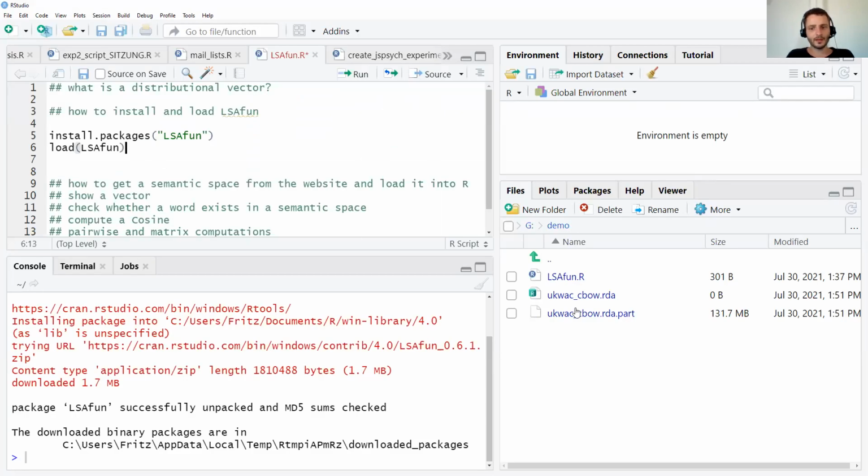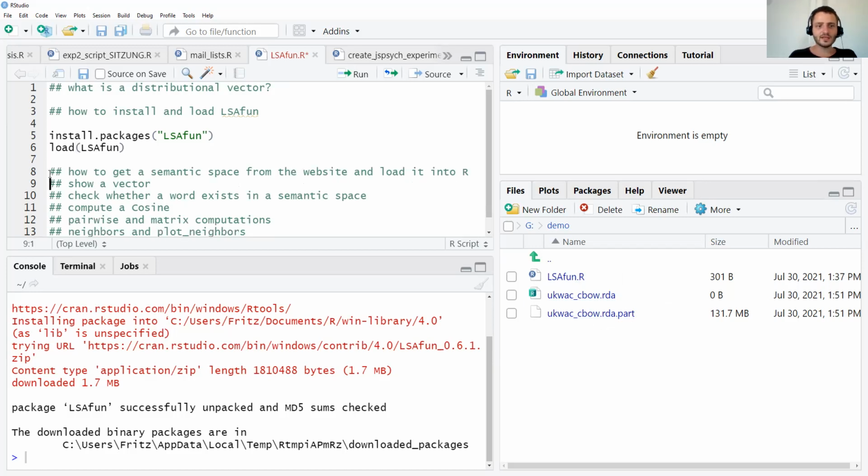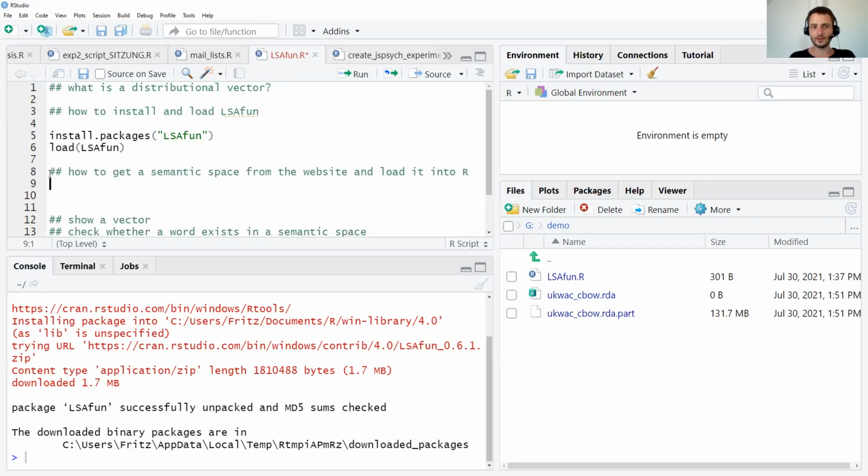So now I'm back in R. You can see that the thing is still being downloaded here. The next thing we need to do once we have the complete download is we need to load it into R. So the whole vector space has to be loaded as an object into R. And since on my homepage, I'm providing all these vector spaces in the RDA format, which is already the format that is native to R, so it is saved as an R data object, I can just use